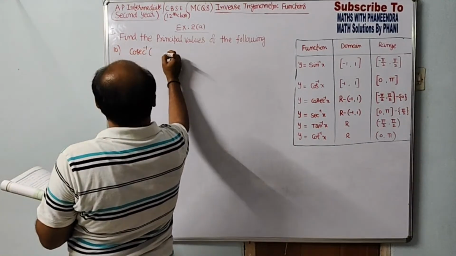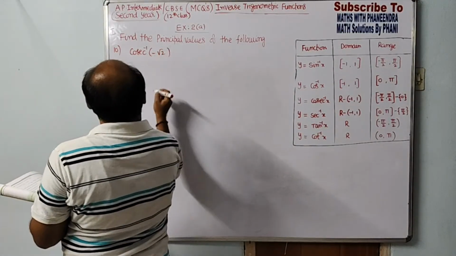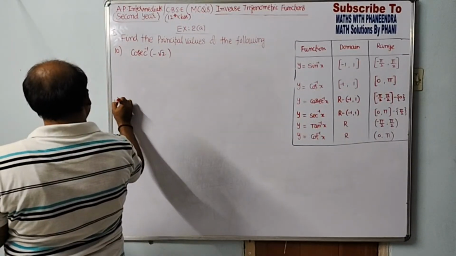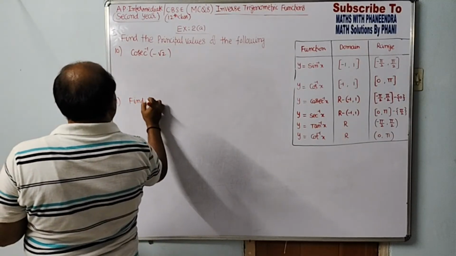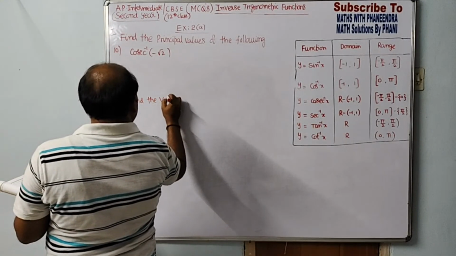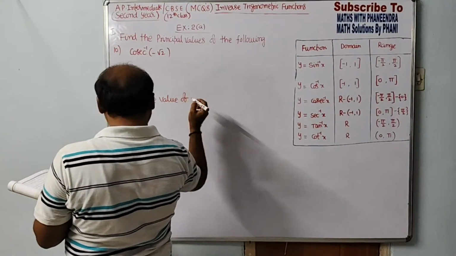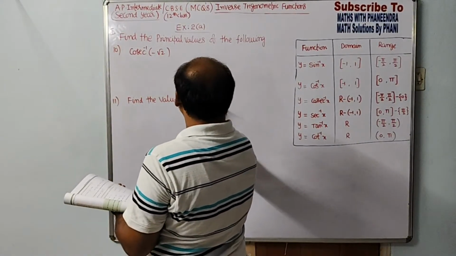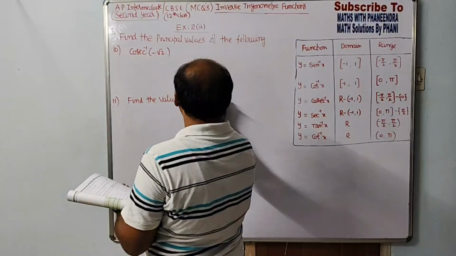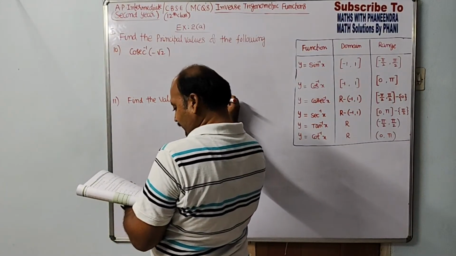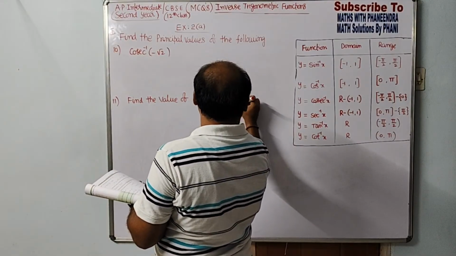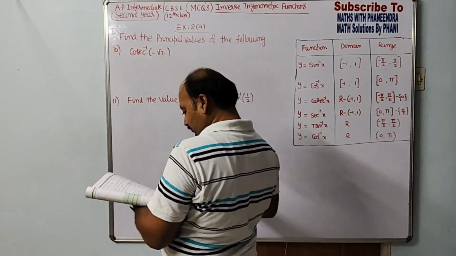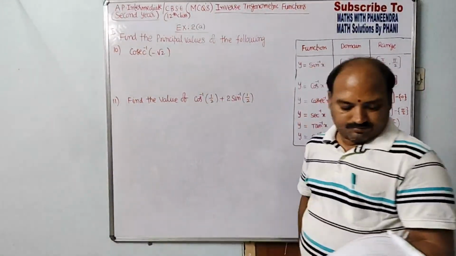Cosecant inverse of minus root 2. But question number 11 is: find the value of cos inverse of 1 by 2 plus 2 into sin inverse of 1 by 2. So